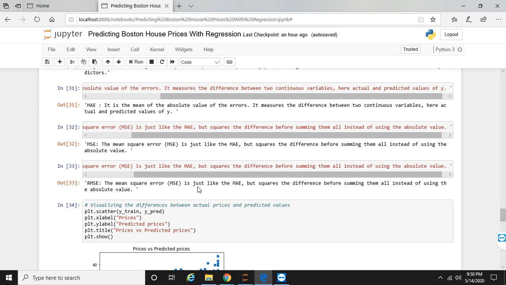It's just like MAE, but squares the difference before summing them all instead of using the absolute values.